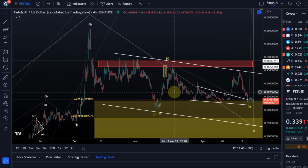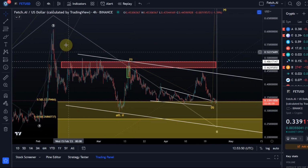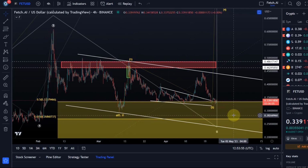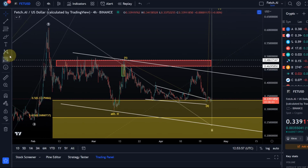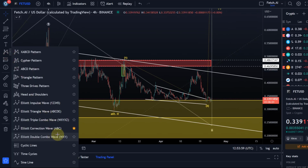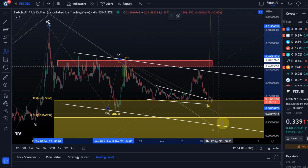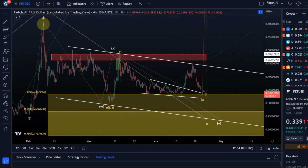Now, if we zoom in a little bit, again, it's possible that this is just another 1-2 setup. Is it likely? Is it probable? Not really. So my preferred view is actually that the move down was a wave W, and the move up was an X wave, and we're now coming down in a Y wave. WXY, and in the Y wave